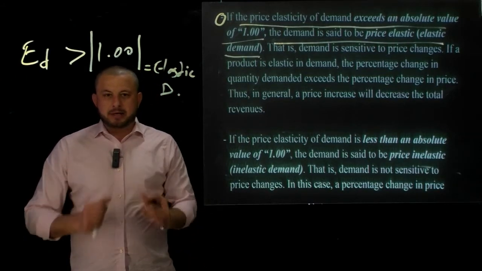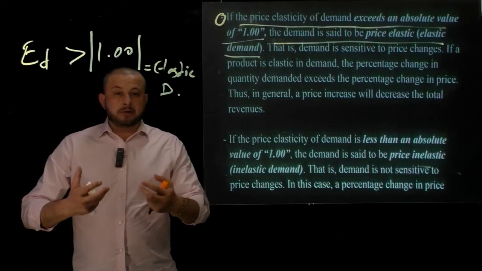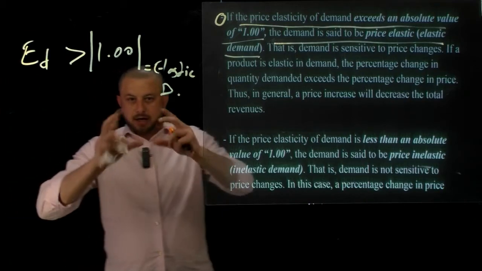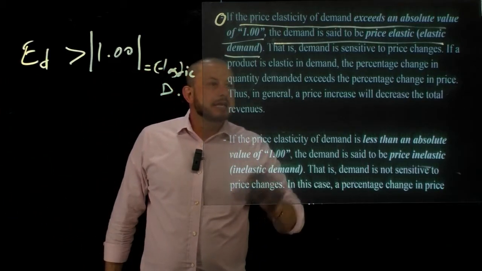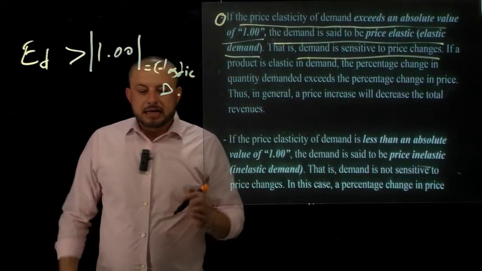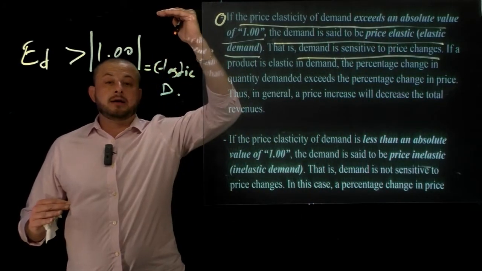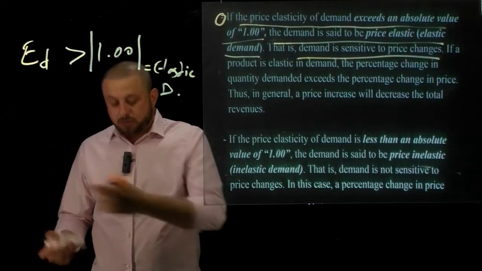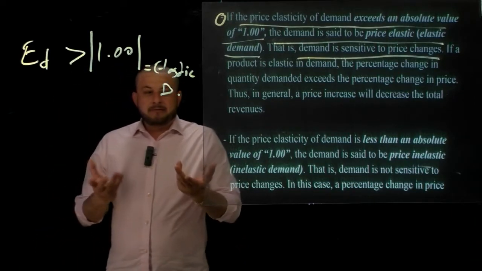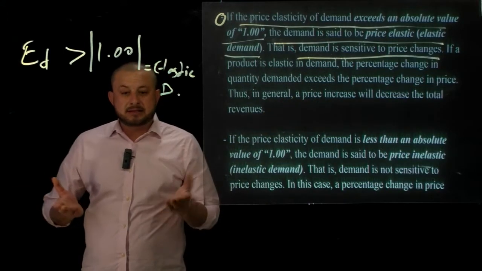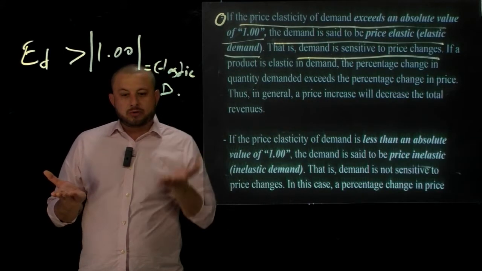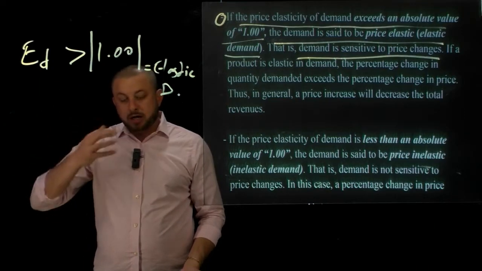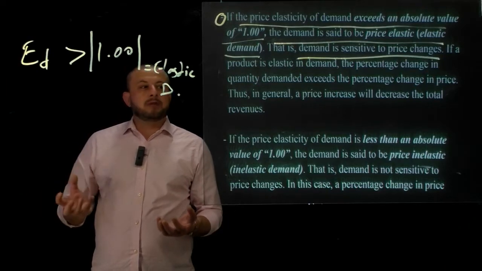Elastic. Think about a rubber band, right? If it is an elastic rubber band, you can stretch it. Meaning for our case, demand is sensitive to price changes. If you lower the price or increase the price, the quantity demanded, which is the occupancy percentage over here, let me just use my hands to show you. So we have an elastic demand over here, which means demand is sensitive, which means if you increase the price or decrease the price, quantity demanded, which is the occupancy percentage in our case, will change